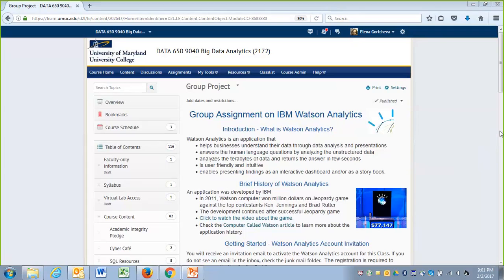Oh, okay. Would it help if I show it? Since there are no more questions, we can stay a couple of minutes if you want. If you don't have questions, you can leave the meeting. I'm going to stop sharing first, and then give it to Elena, so she will show you in the Watson Analytics account.